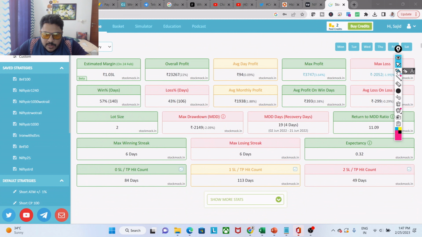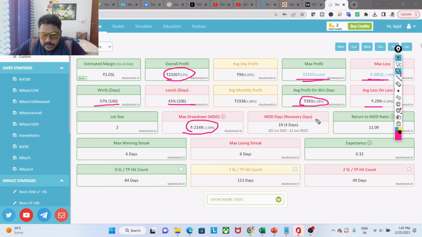So with that, if you see, the good news is that we will look at the numbers here. 1 lakh margin, profit is about 22% on 1 lakh, and your max profit is about 3747, and max loss is this, and the biggest change is 57%. This is a good thing, 393 versus 300. Okay, and the biggest change is here, your drawdown has drastically